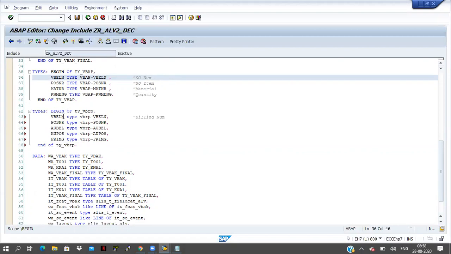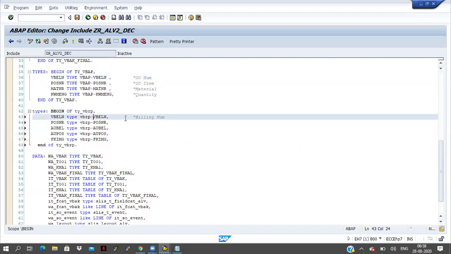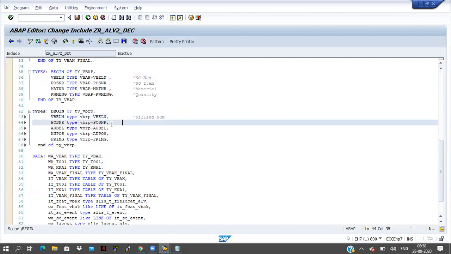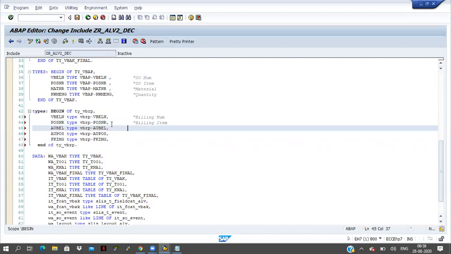The same field VBELN is also available in VBRP, but there it is the billing document number. And here this is the billing item number, and here this is the sales document number.